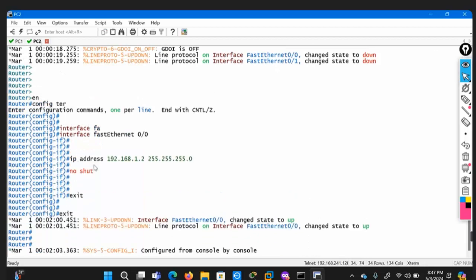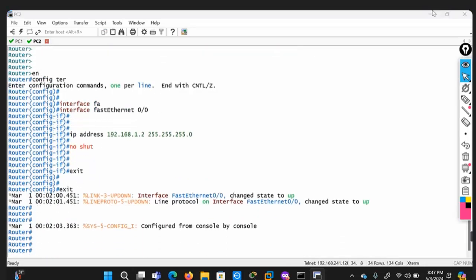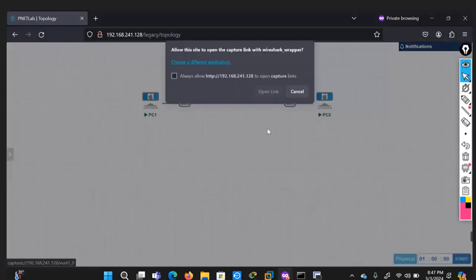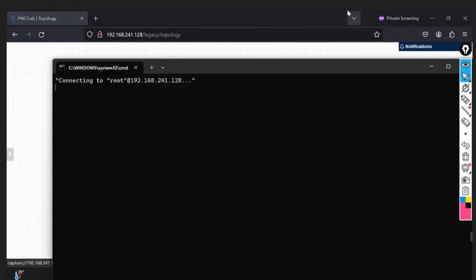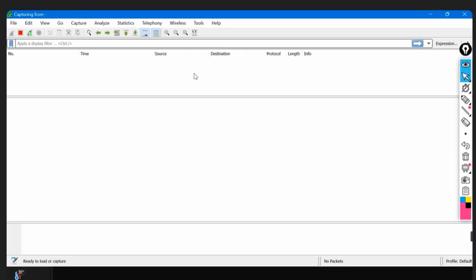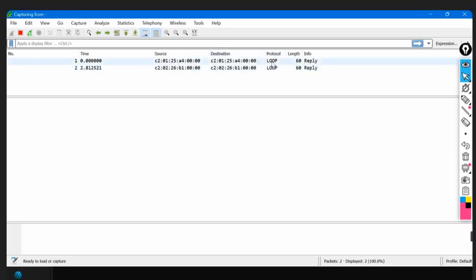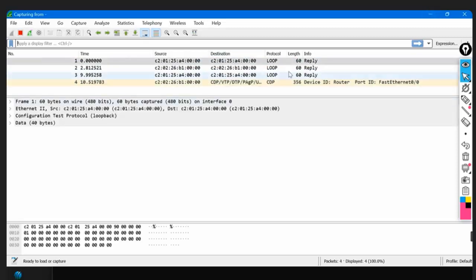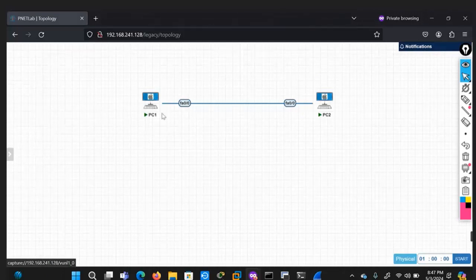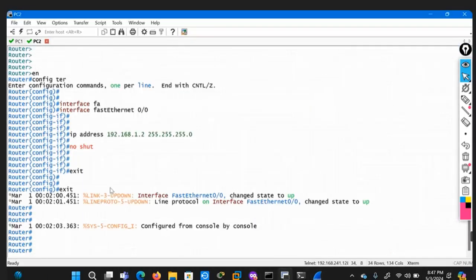So I am doing something like capturing the packet over here, right? So I will start Wireshark on this FastEthernet 0/0 link. So I am just clicking over here and starting the capture. So my Wireshark is started, and these are default messages that are delivered in the network because of its own use, right? Already by default these protocols work in this router, so there are some packets, but our real concern is to view the ARP packet, right?